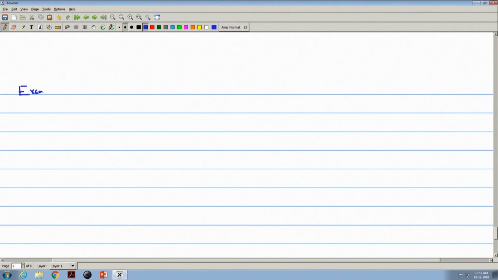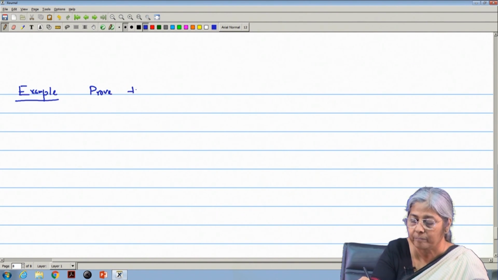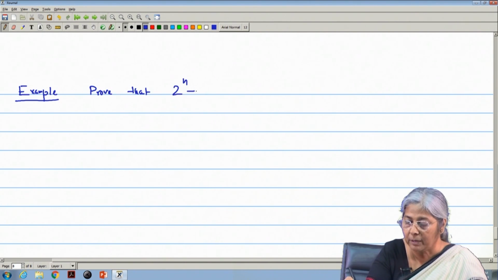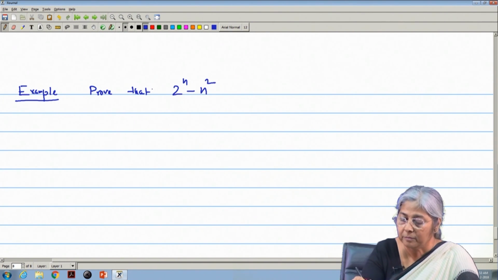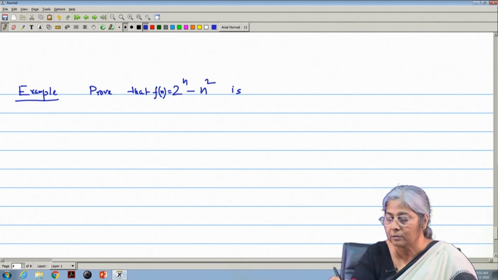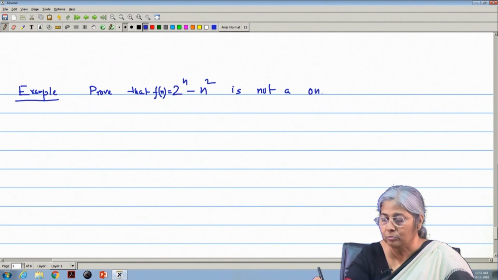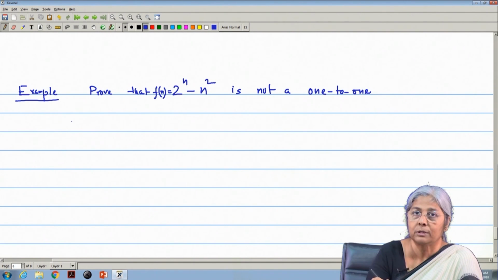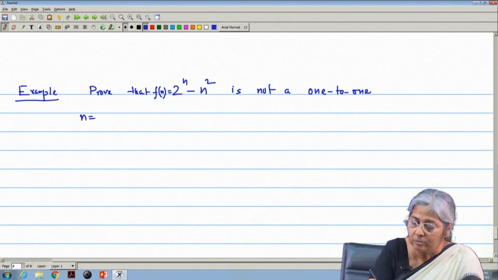So, if we take one example, say prove that f of n equal to 2 to the power n minus n square is not a one to one. So, not one to one, then we have to show that there exists some x1 and x2 with f of x1 equal to f of x2 and x1 not equal to x2. So, now if I take n equal to 2